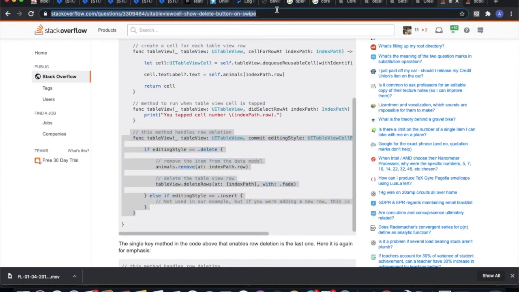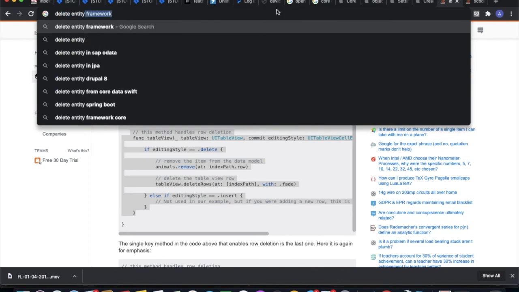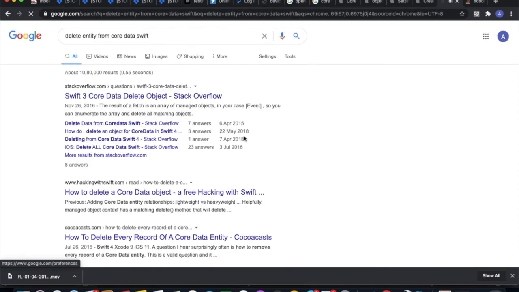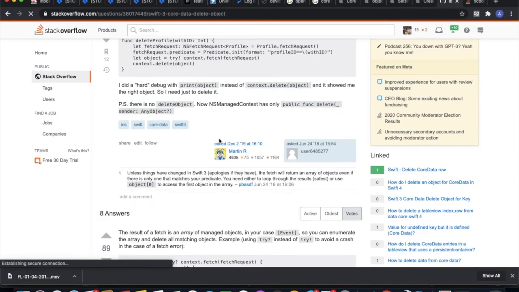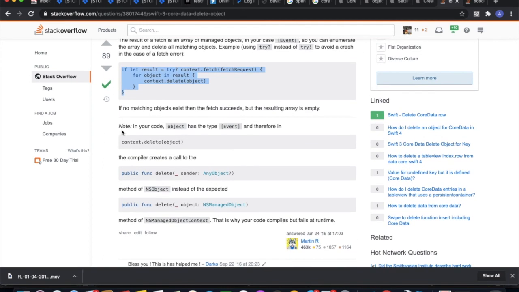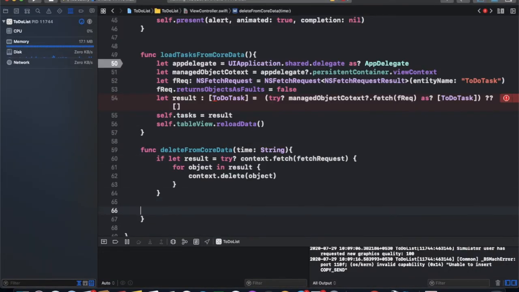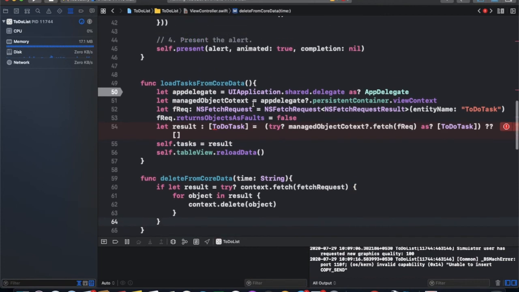It works the same as a fetch request. First we create a fetch request and then delete it.